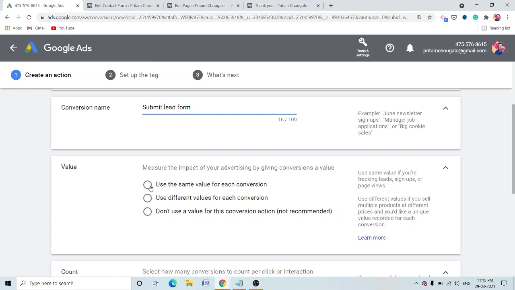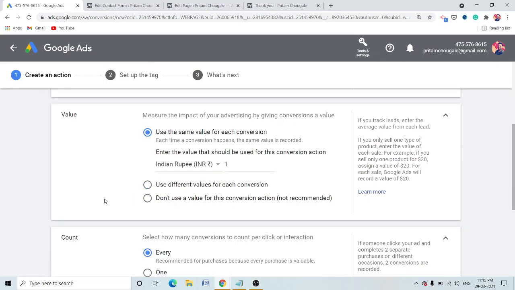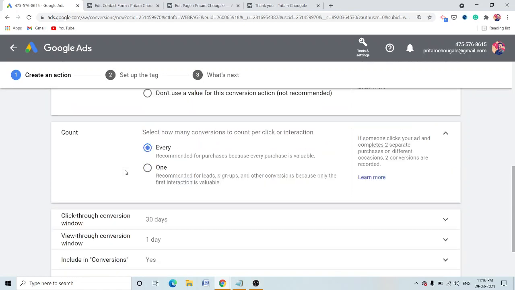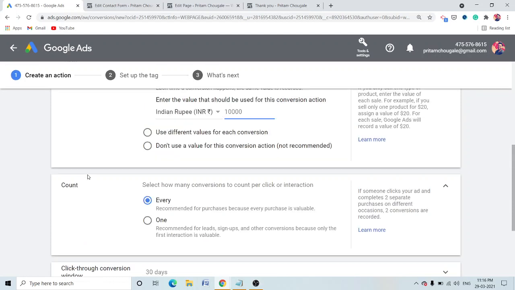So I'm not an e-commerce website, I'm a blog, so that's why I'm going to choose this one. And you have to specify a value for each conversion. So for me, I'm going to enter something like this. You can enter depending on what you are offering.